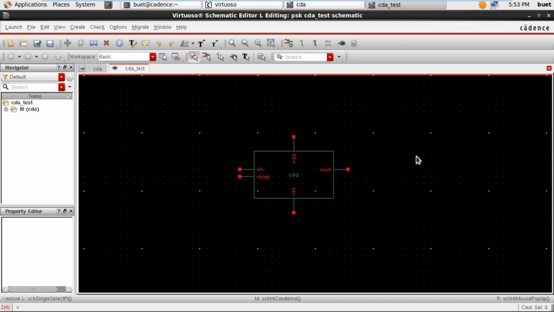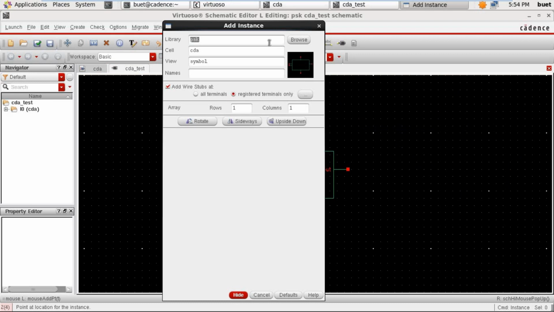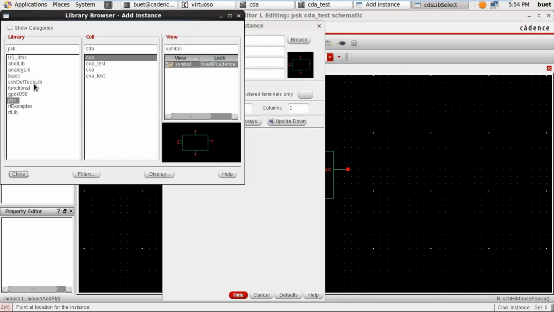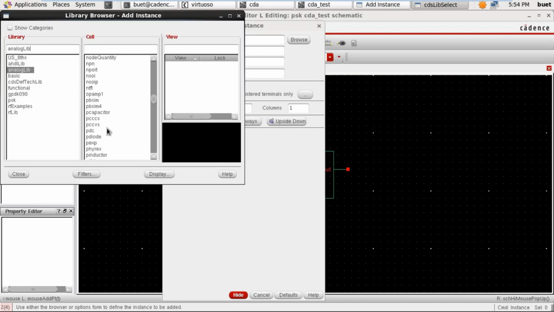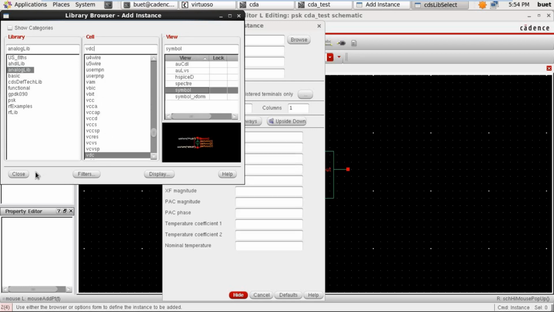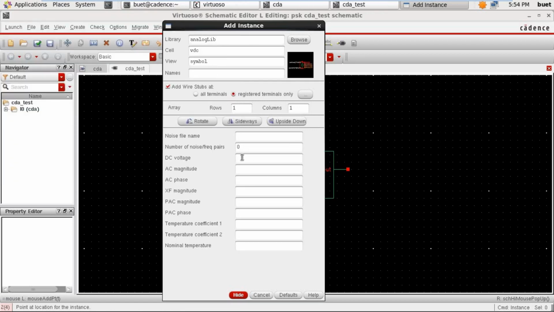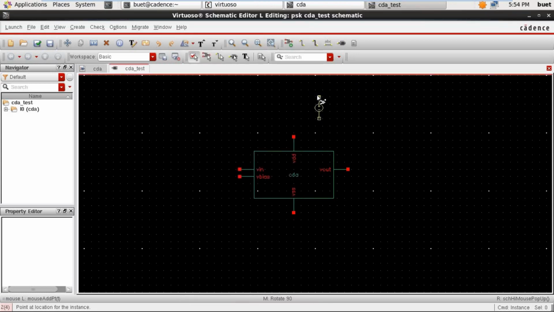First we add an instance of VDC. The VDC voltage should be 2.5 volts, connected to the VDD with the plus side connected to VDD.